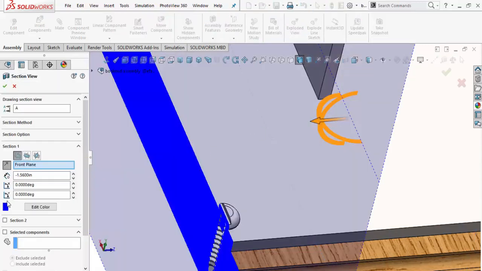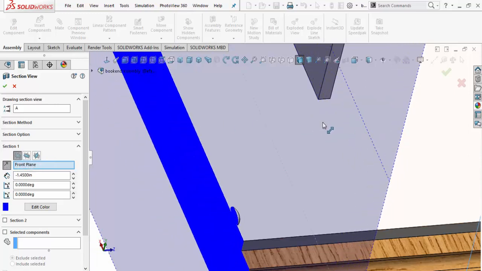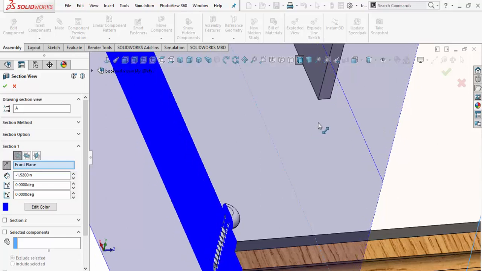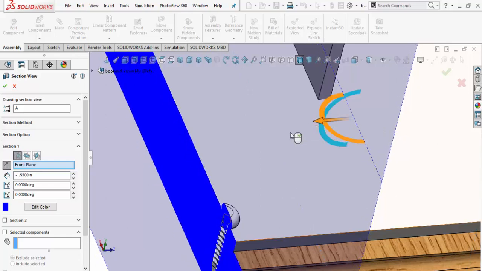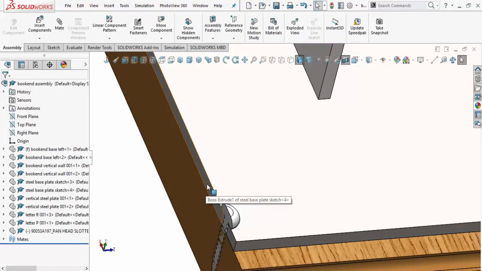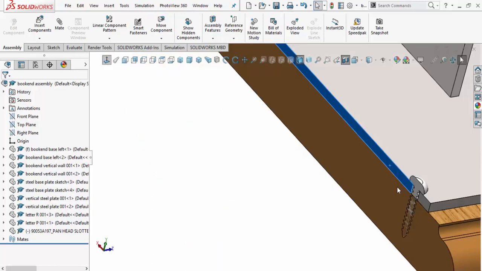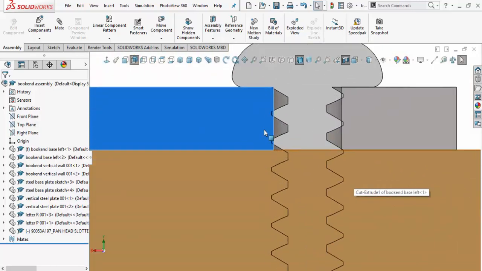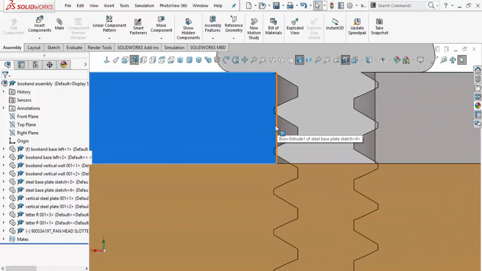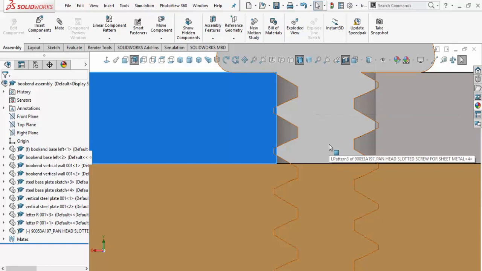Now I've already got it set to the front plane section cut, and now if I grab this arrow I can slide this over, and I actually pre-positioned myself before I did this to look at what I was doing, kind of choreographed it. So I've got to position right down the middle of the screw and the screw hole and accept that. Now I'm going to click on that section cut face and set myself normal to that face. And if I come up here, you can definitely see the problem we're going to have. These threads are definitely going to get scarred as they go through. You could probably force that in and make it fit. I wouldn't do that. So the best choice we can do is to probably rotate out,